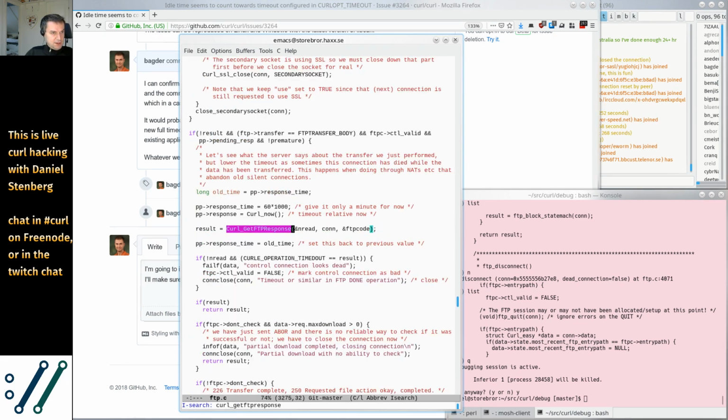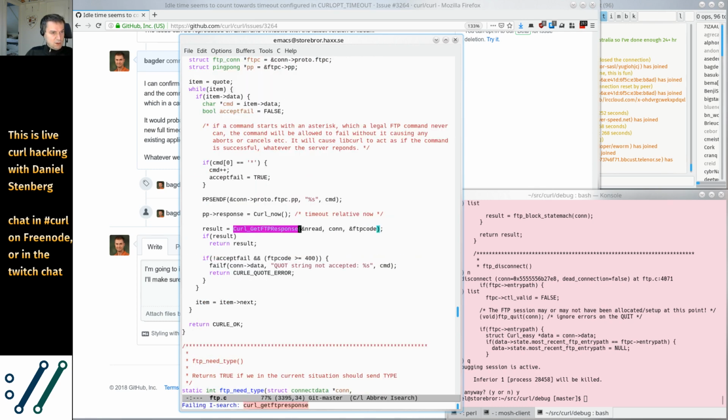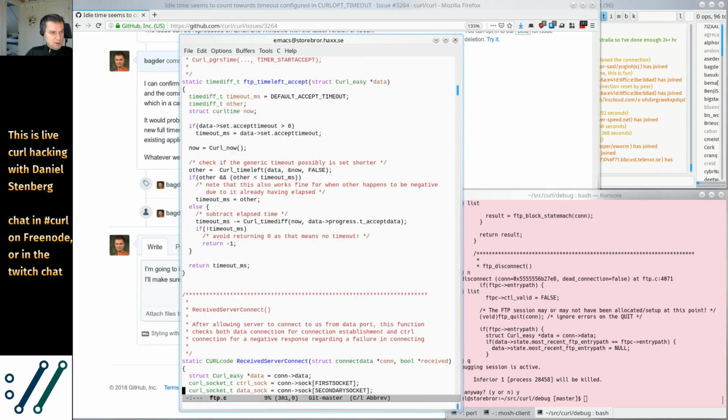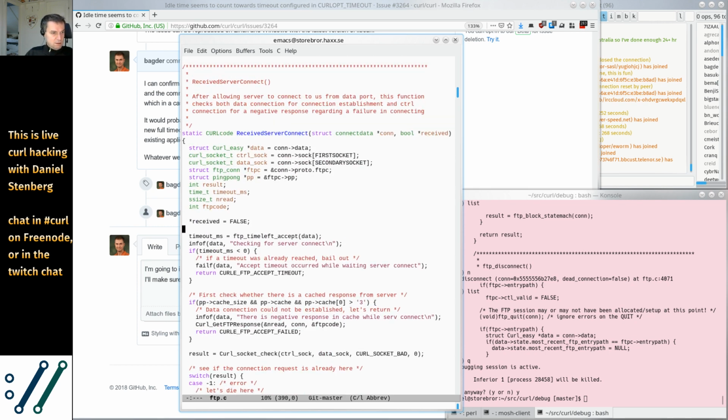We have a done function and we have a send quote. None of them are done. During this connect there maybe, no. Okay, so